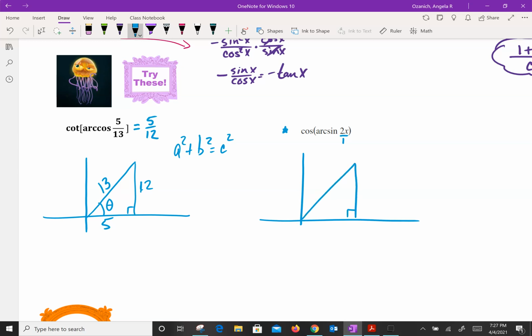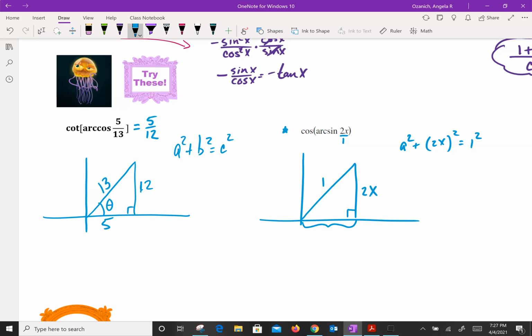Again, make sure you stop this video if you want to take a minute to try this on your own. I think that's a great idea. So let's see. The angle whose sine is 2x means the opposite over the hypotenuse is going to look something like that. I'm going to go ahead and use the Pythagorean theorem here to write an expression